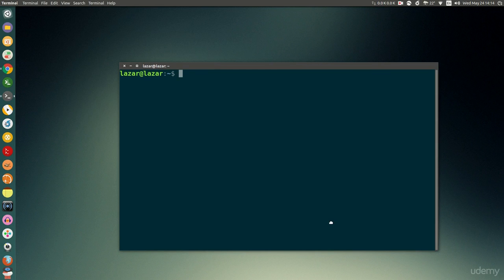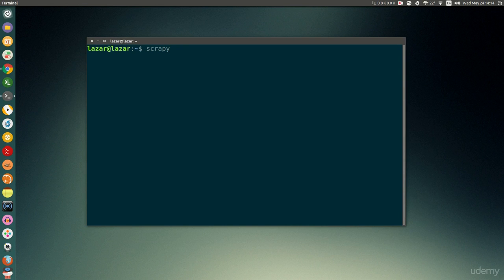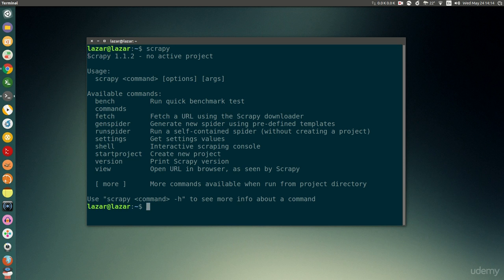Then if we maximize the output and type in scrapy, you will see a bunch of commands. The first one is the Scrapy version. The second thing is if there are any active projects. This message would be different, of course, if we were in our root directory, aka if we created a Scrapy project. The very next message is the usage. Here we always have to run the scrapy command first and then print out the command that we want to use, options, and finally arguments. As you will see throughout this course, using Scrapy is fairly simple and easy.